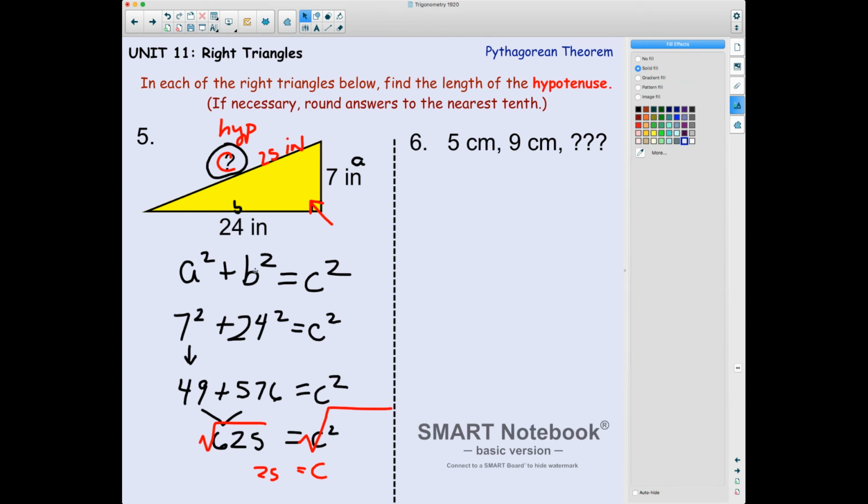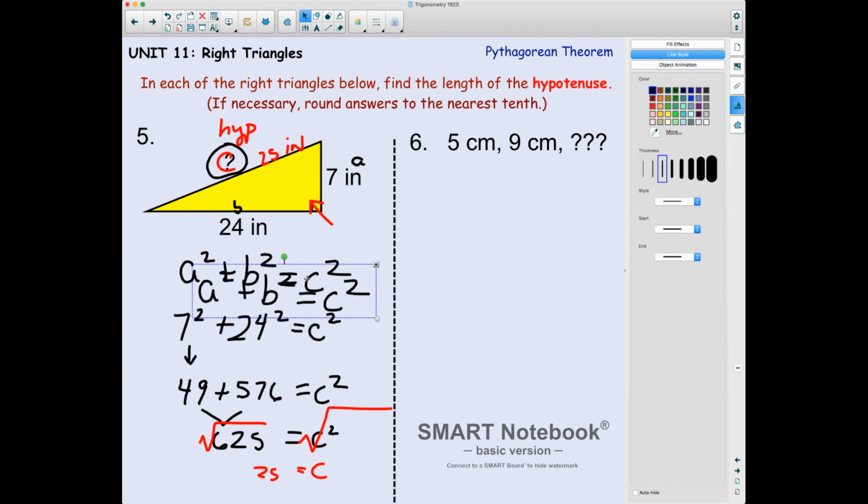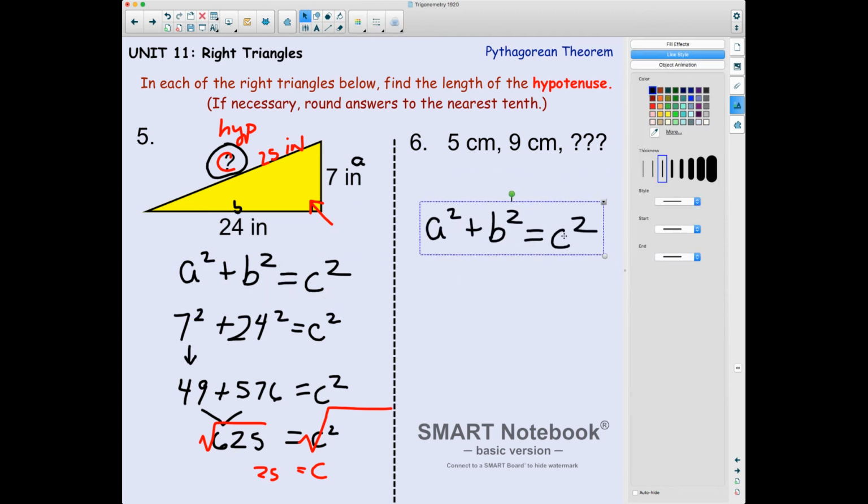Let's do it again. There's the formula. But wait, there's no picture. I need a picture. No, you don't. It's okay. I mean, if you really want to draw a picture, draw a picture. But look at the directions. They're telling you to find the length of the